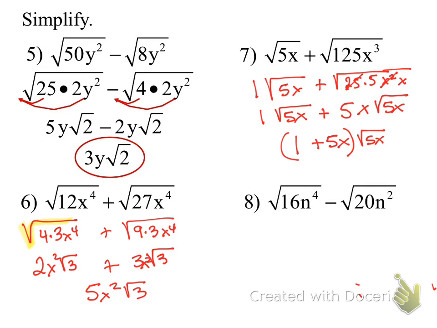Does that make sense? Mm-hmm. So on the next one, we're going to end up with 4n squared minus, when I break that down, it's a 4 times a 5 and an n squared. So I end up with 4n rad 5. And I've got my 4n squared minus. Do I need a parenthesis now? Wouldn't you end up with 2n rad 5? Uh-huh. Do I need